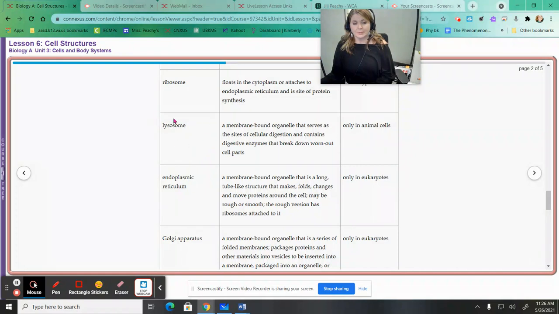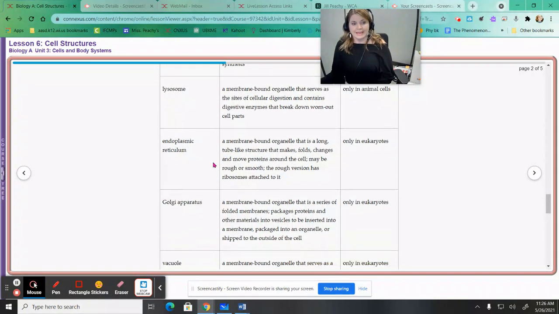These are organelles that are oftentimes called the recycling centers of the cell. They are membrane-bound organelles, and they are sites of cellular digestion. So remember those vesicles that come into the cell through endocytosis. The membrane that surrounds the vesicle has to be dissolved by the lysosome so that the materials can be released, and then they'll often break down worn out cell parts so that all that material can be recycled and reused. Endoplasmic reticulum, again, this is where lipids and